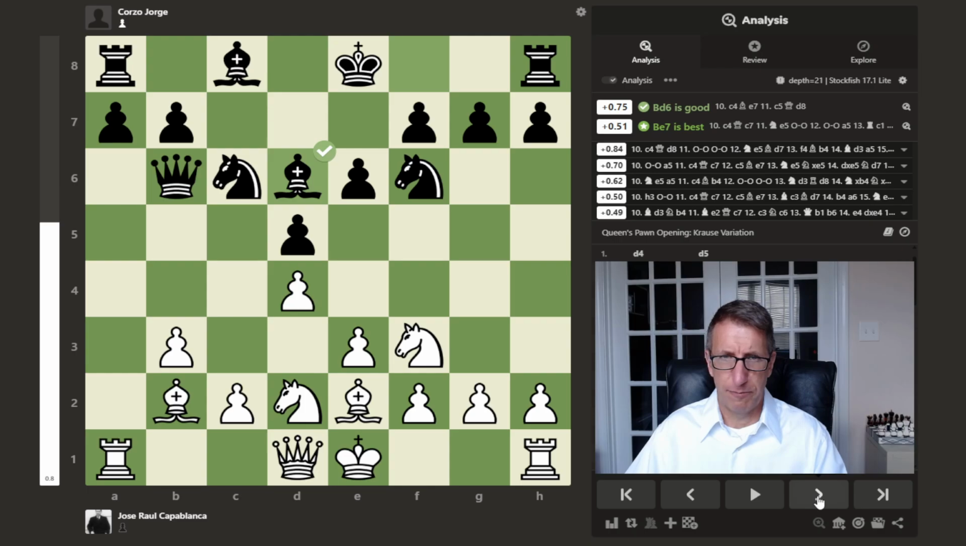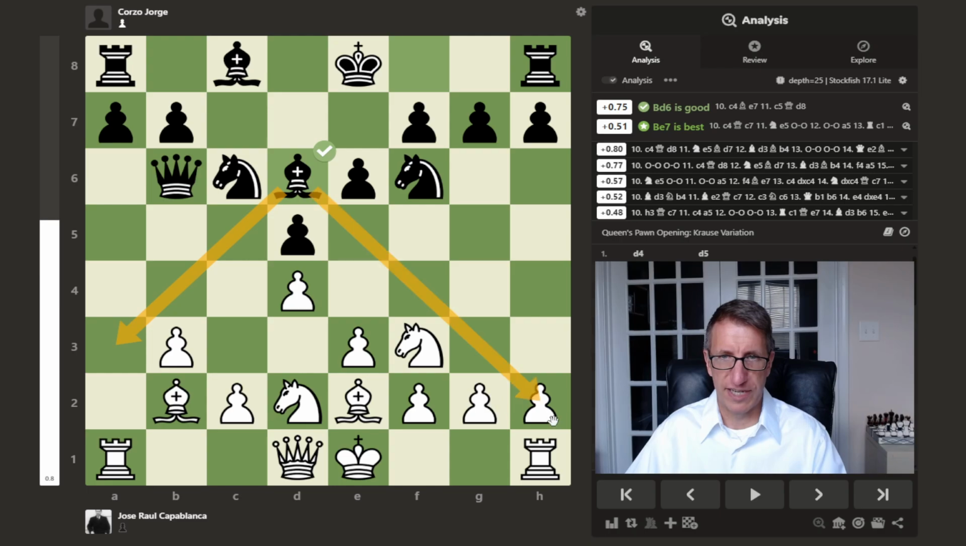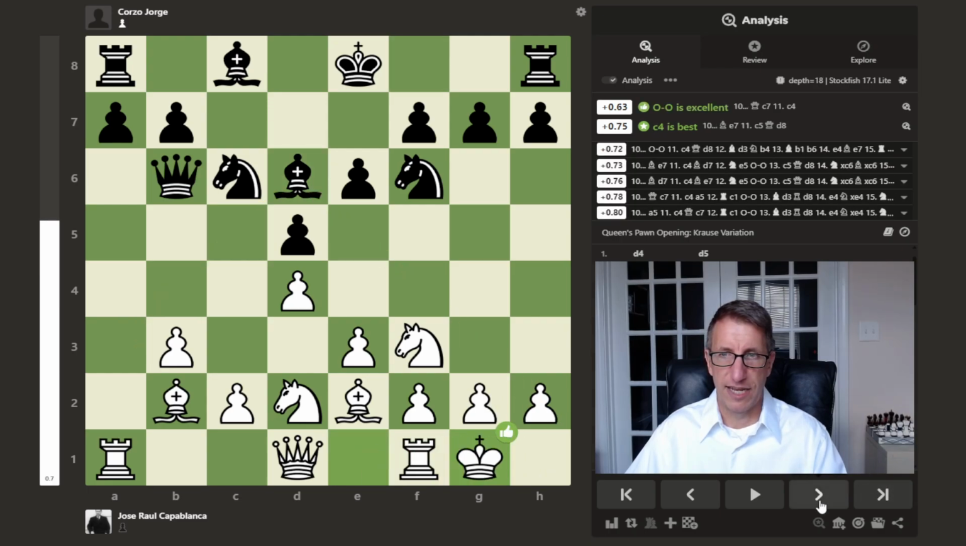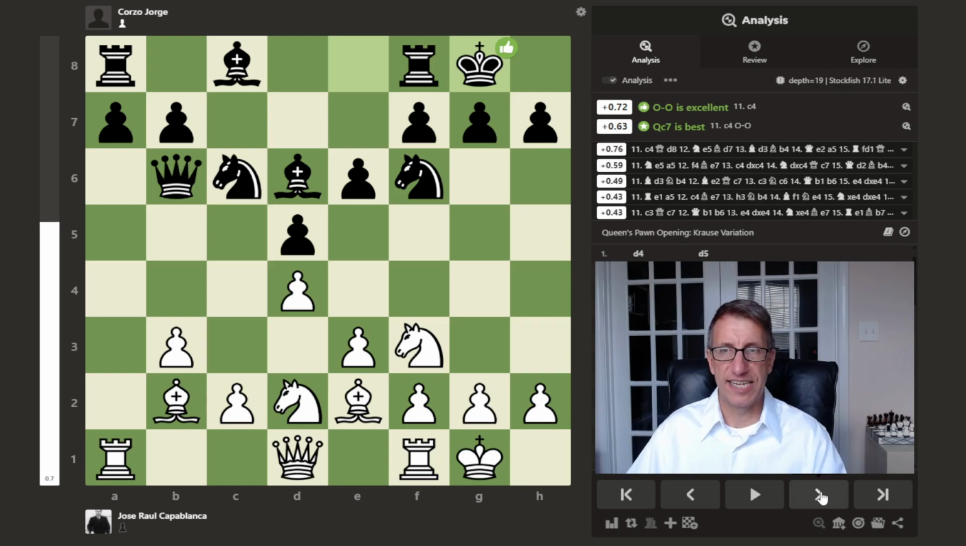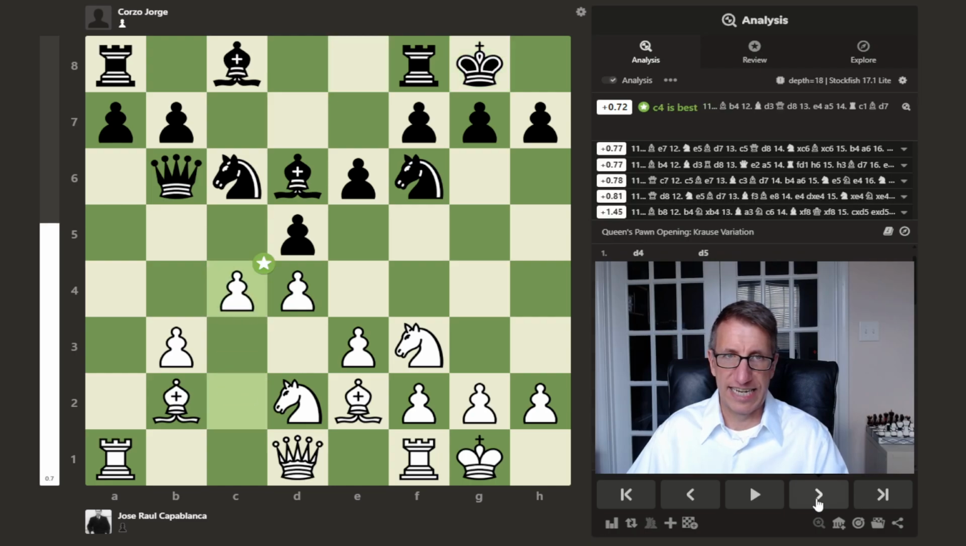So bishop is developed here in the center where it covers both of these diagonals, and castling by both sides. And we're almost out of the opening here and heading into the middle game. All right, so